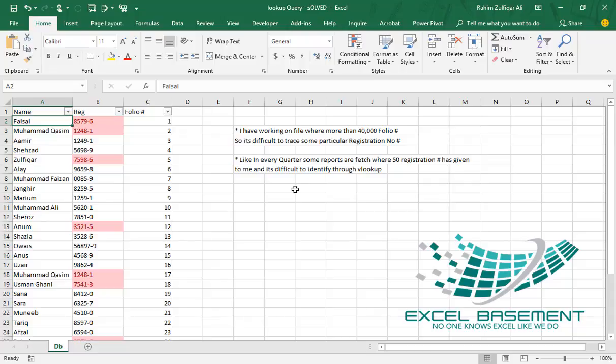In this video, we have one query from one of the Excel users, who says: I am working on a file with more than 40,000 folio numbers, so it's difficult to trace some particular registration numbers. Like in every quarter, some reports are fetched where 50 registration numbers are given to me, and it's difficult to